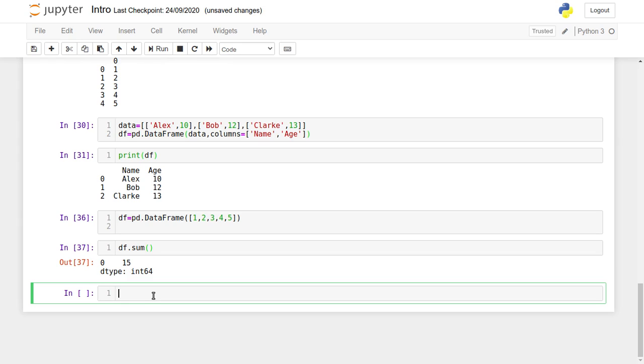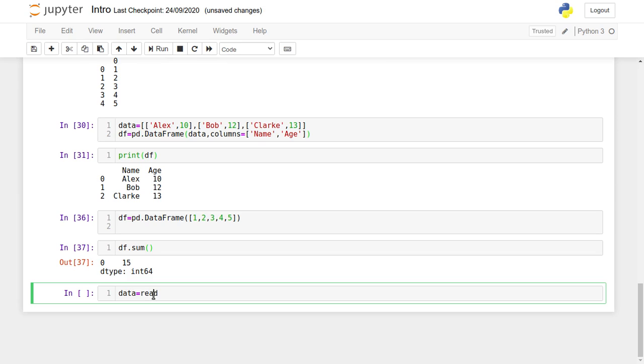We can also perform CSV file reading using the read CSV function. Pandas provides the read_csv function. For example, I have one CSV file which is available in this folder.